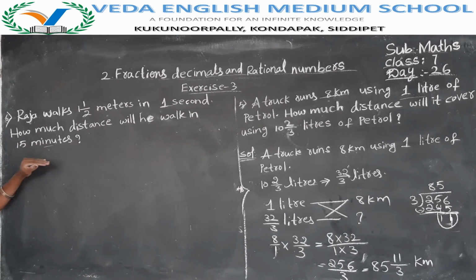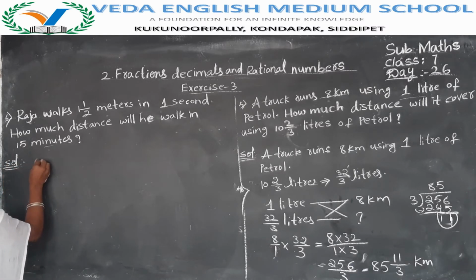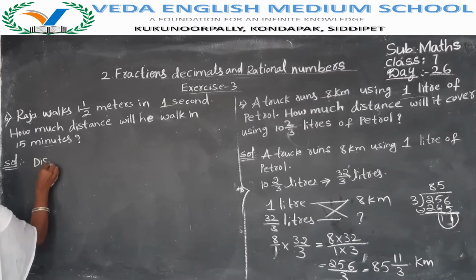So what you have to do first of all, now it is in minutes. We can convert minutes into seconds. Now we have to convert minutes into seconds. Then we have to find the solution. Solution: distance walked by Raja